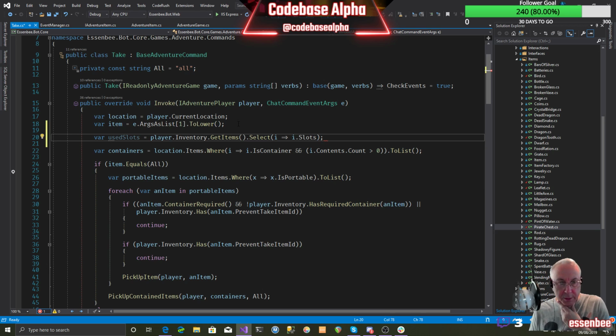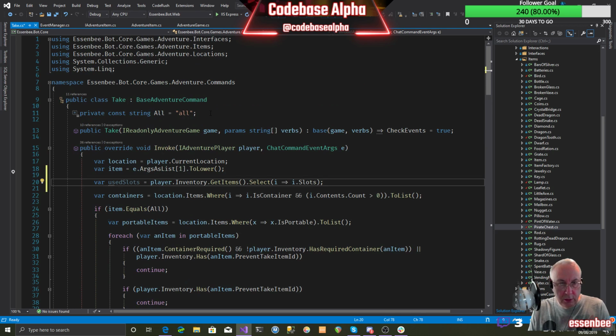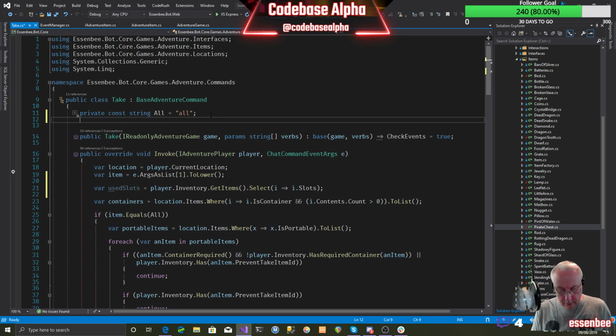So that's how many slots have been used up, and we'll define up here